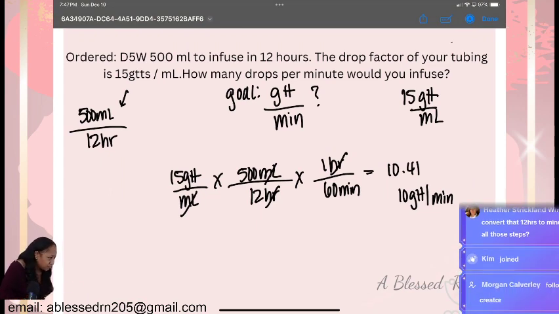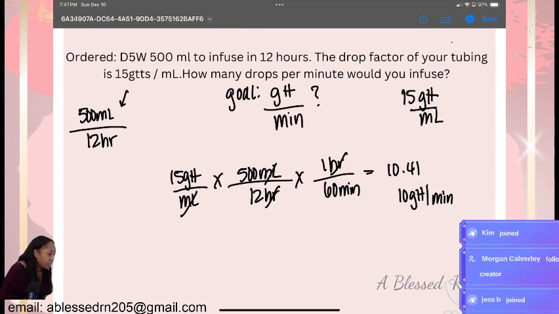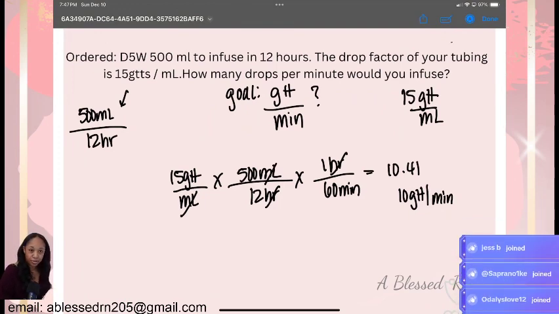Why don't you convert the 12 hours to minutes to alleviate all those steps? Hey, Heather. So with dimensional analysis, the name of the game is to cross out your units. A lot of people like to convert before they use dimensional analysis, which is okay too. But I just go ahead and use what I'm given. And that way I can see my units, what needs to cross out, what doesn't need to cross out. And I'm sure to not leave anything out, if that makes any sense.